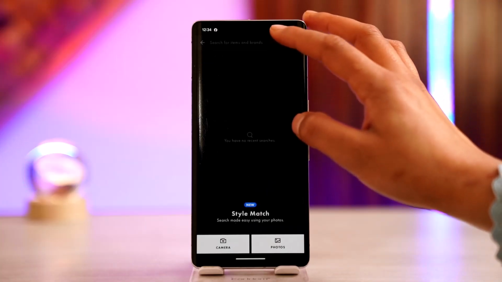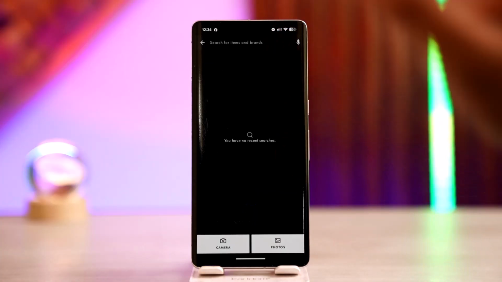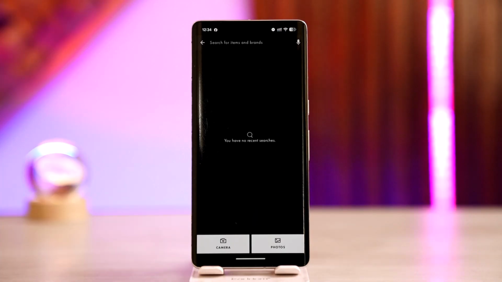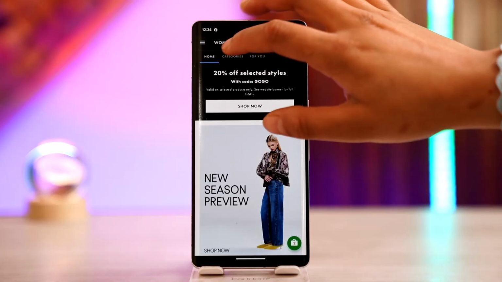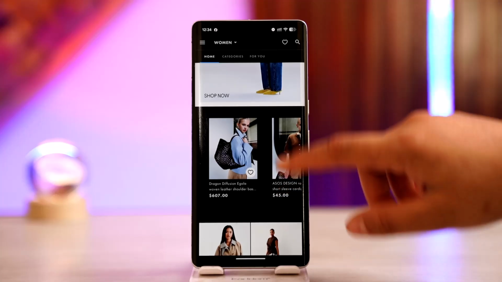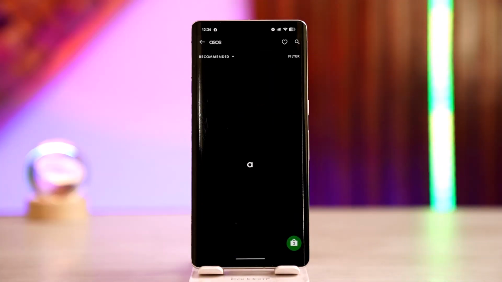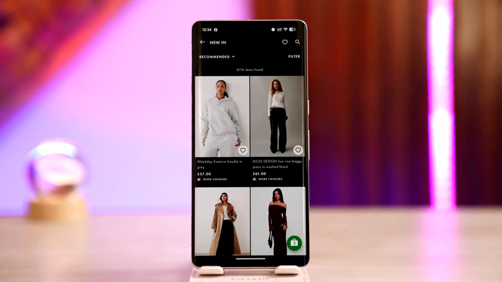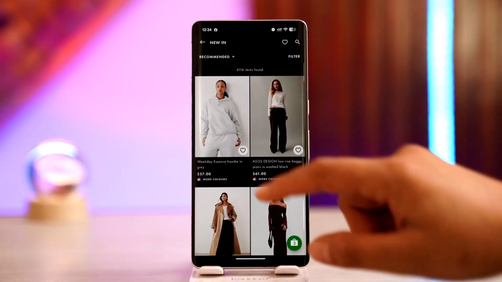You could also tap on the search and type in your query, like tall, petite or curvy section. This way as well, you will be able to use the ASOS Tall, Petite and Curvy section. If that's not the case, you could also go to the section first of all, whether it's men or women, after which you would go to the section or specifically select, and if you want to go with the product,